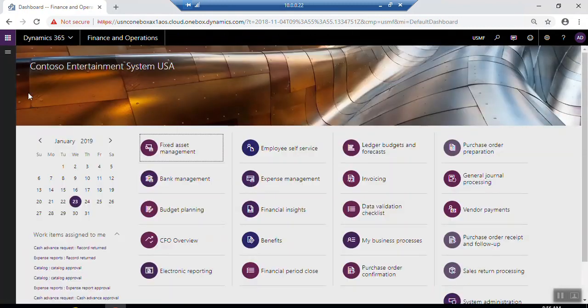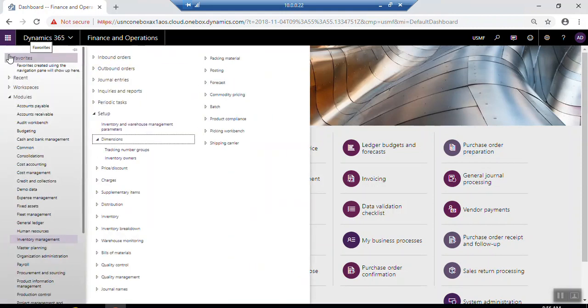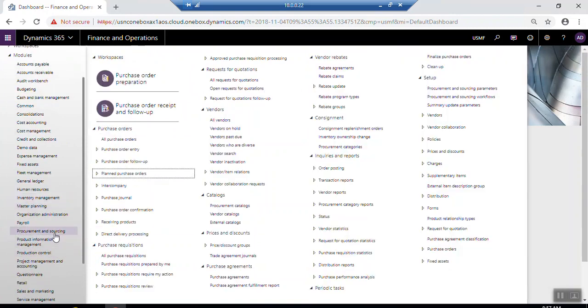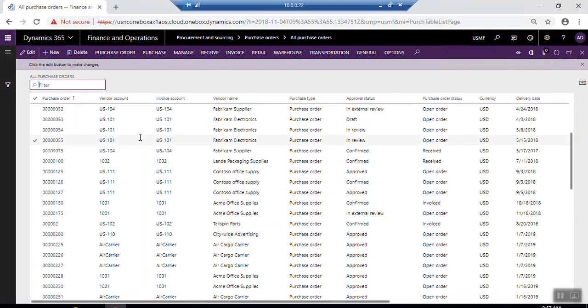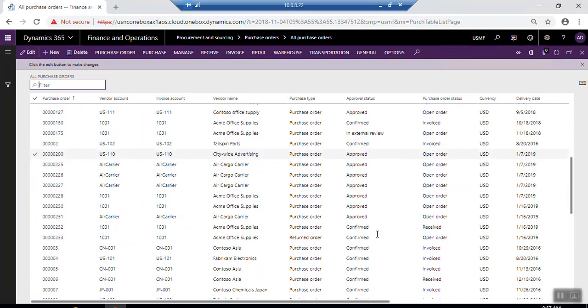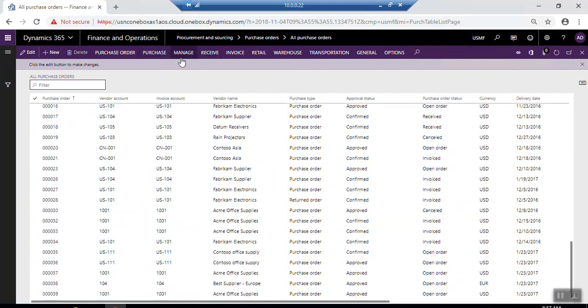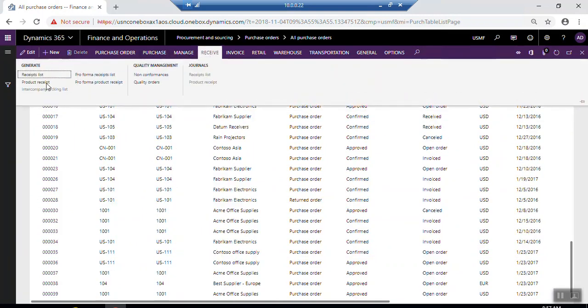So the inventory tracking, the serial number and the batch number, you can assign it to transactions, for example, in production, or in the purchase order under procurement and sourcing. Let us search for all purchase orders, purchase order confirmed and open, like this. For example, come here to receive, click product receipt,